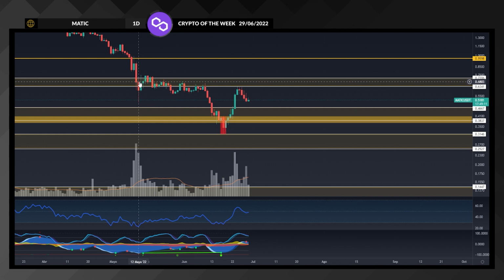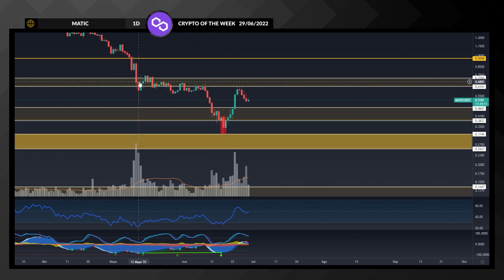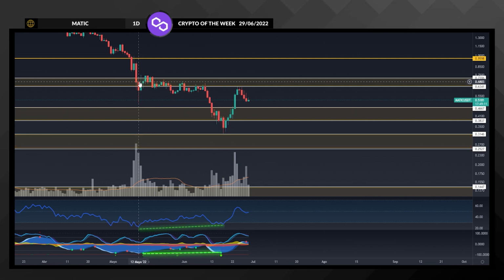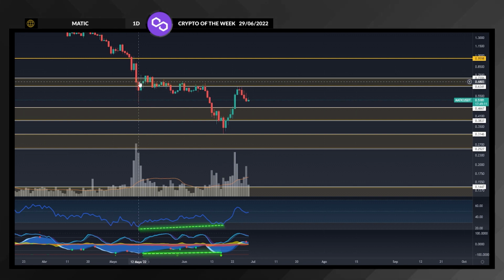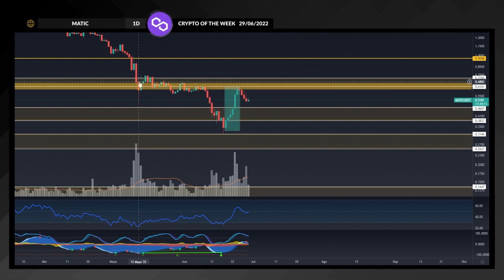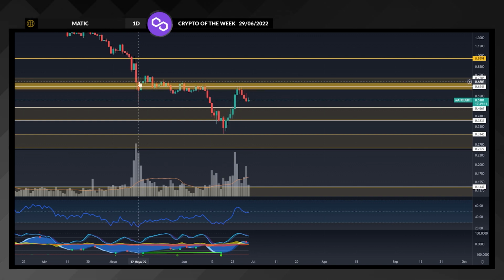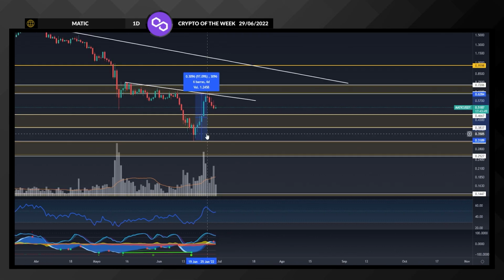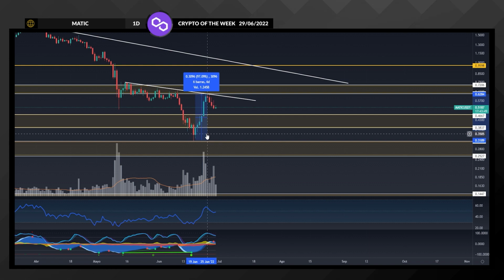On the 18th, it lost the support zone at $0.38 and tested the support at $0.31. And something worth highlighting is that between May 12th and June 18th, an important divergence formed in the RSI as well as the oscillator's compound. From this moment on, an explosive recovery movement was carried out, which led the price to the resistance zone at $0.63. This movement wasn't only caused by technical forecasts, but by fundamental factors, which we'll be covering later on in the video. In this chart, we can see that the recovery totaled to